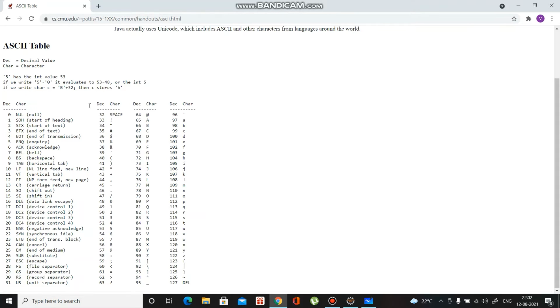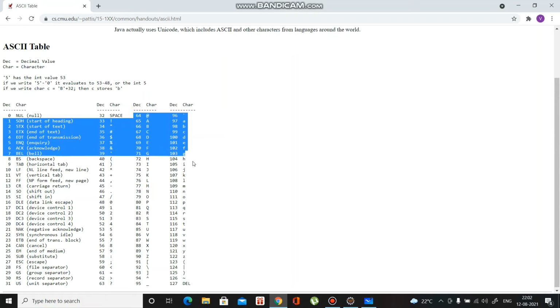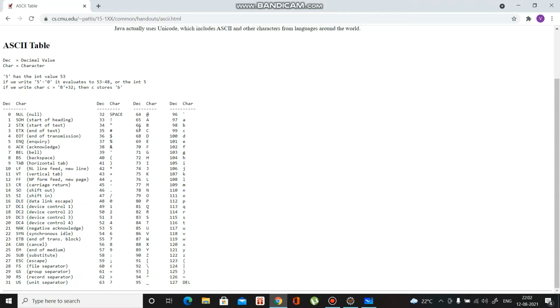See, these are the ASCII values for the characters. It starts from 0 and ends at 127.